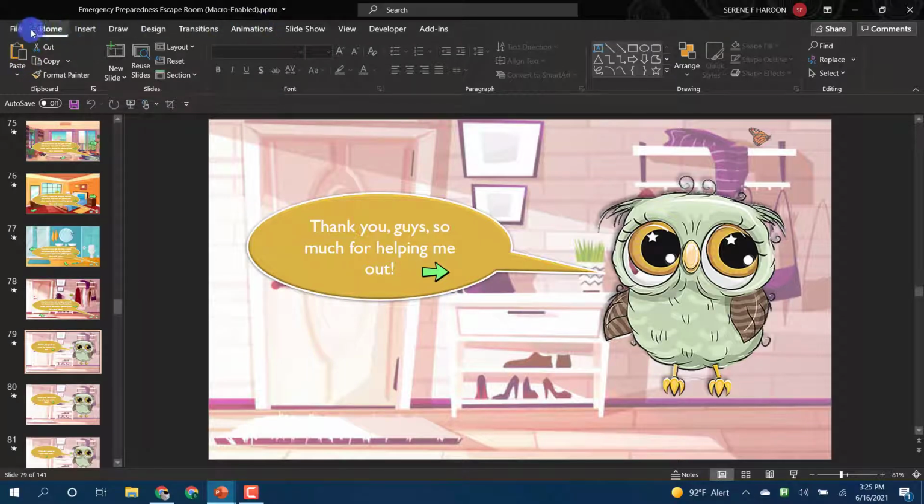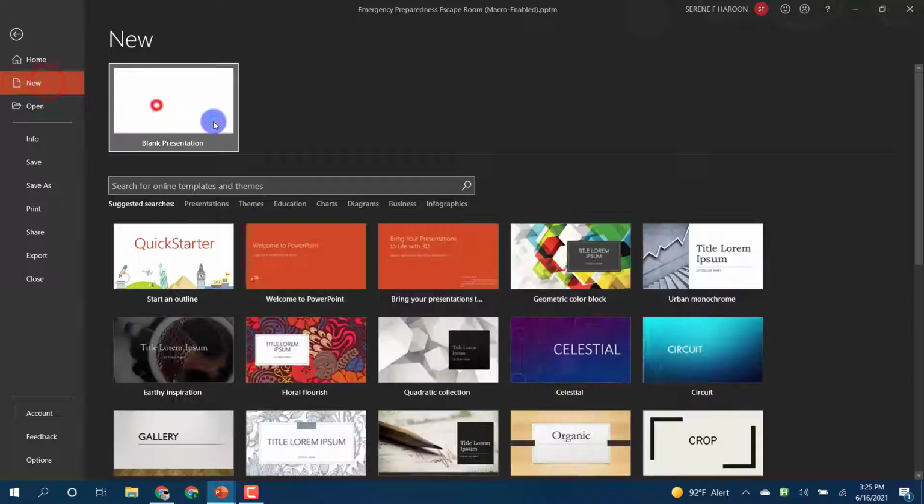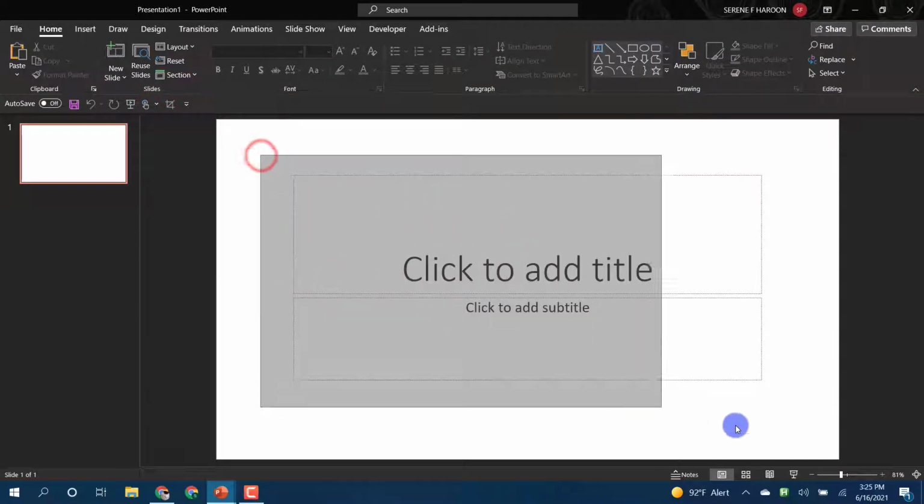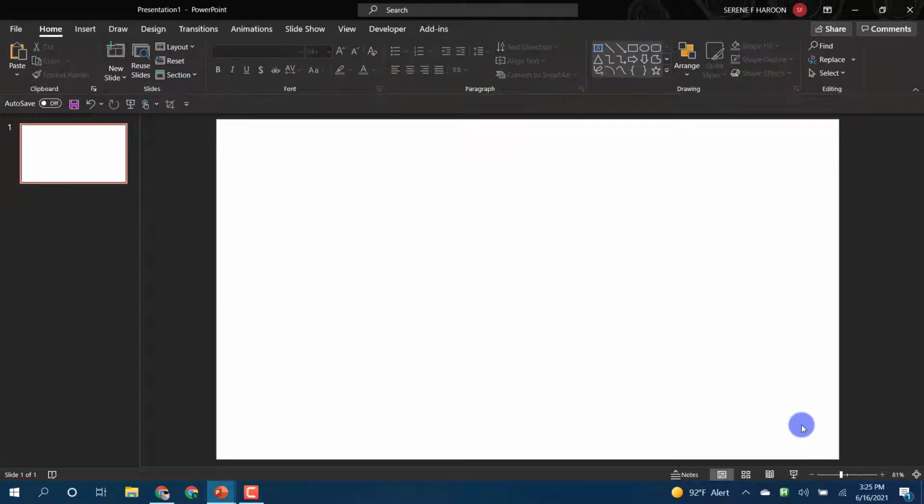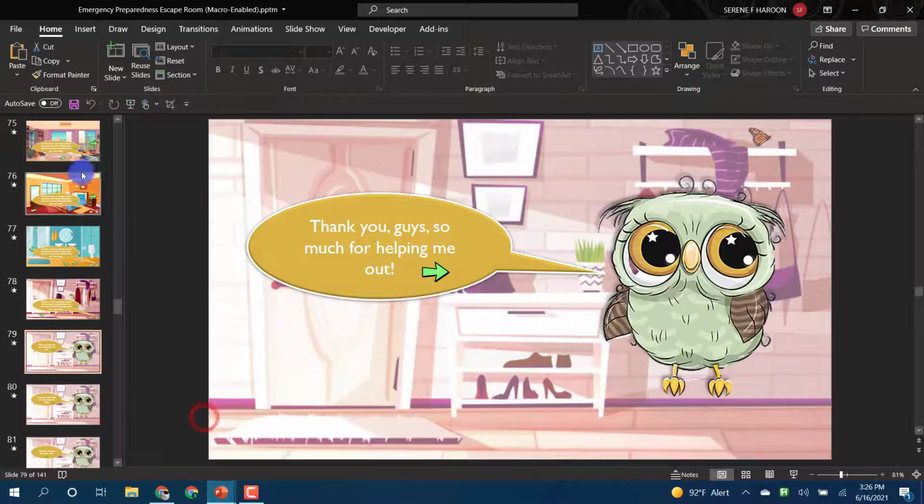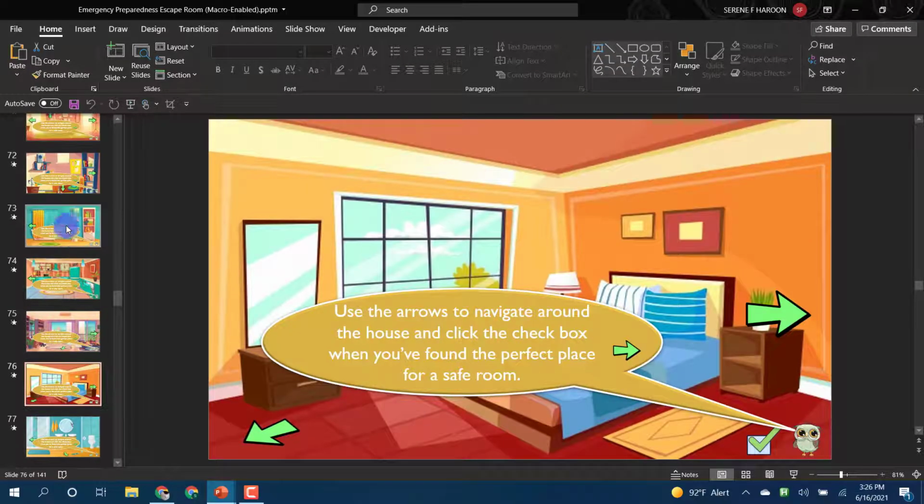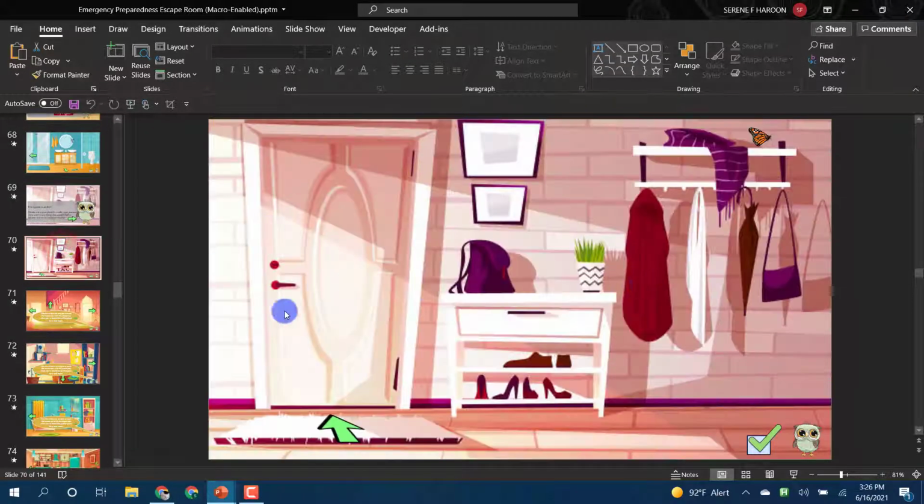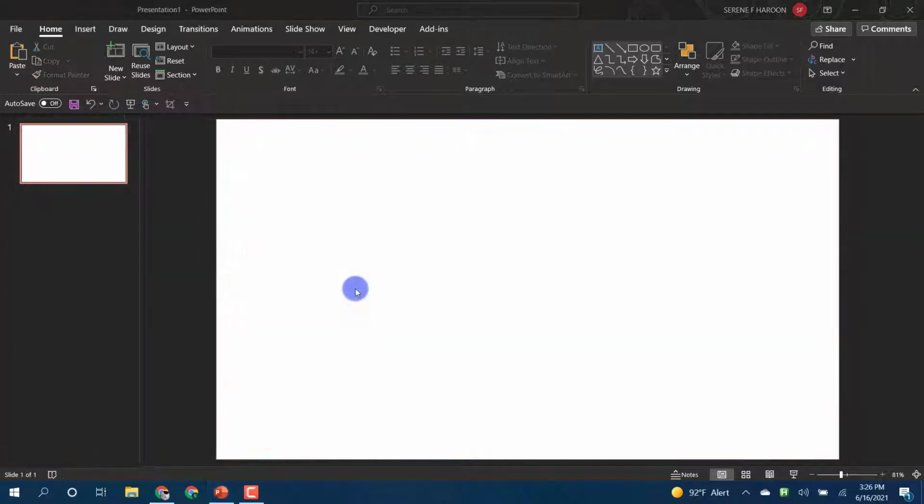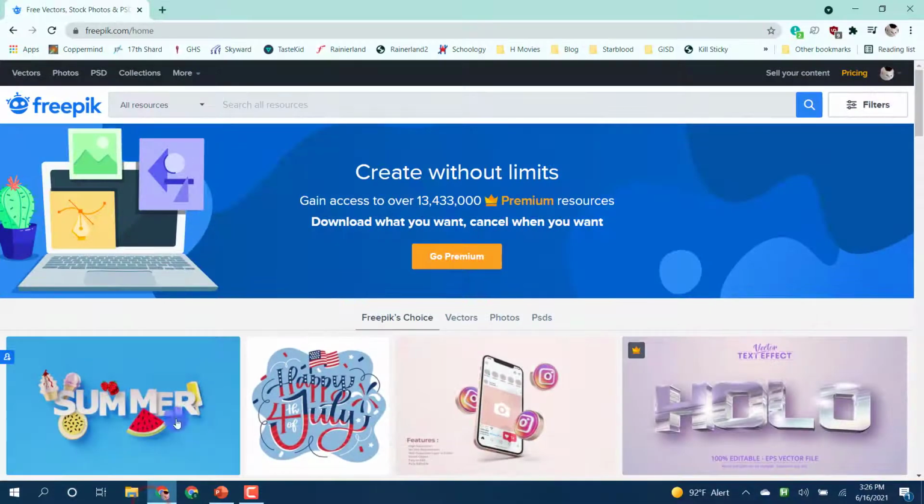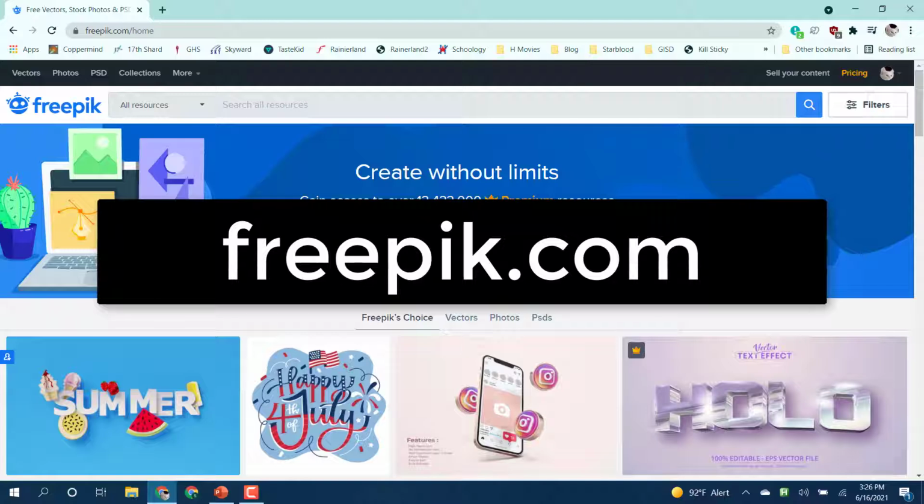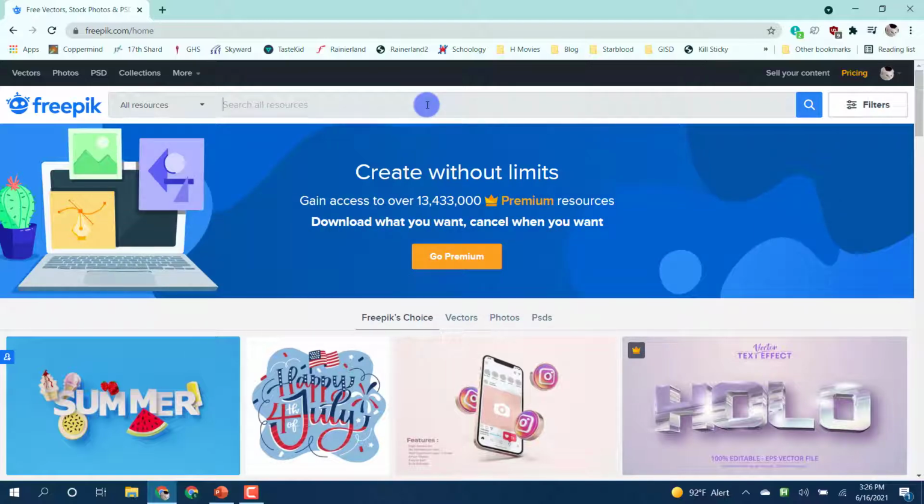So I'm going to open a new PowerPoint file and delete this text here. And so the first job is to download these rooms. To do that, I'm going to be using a website called FreePic, and this is basically a website where you can download all kinds of stock photos for free. There's also a premium